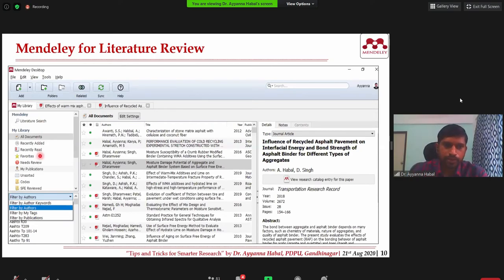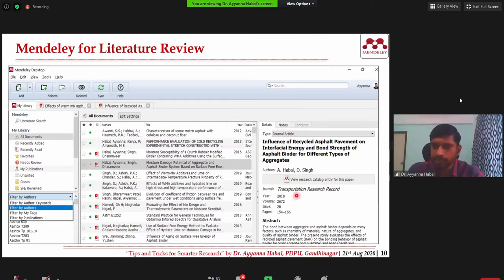And also it will show your publications, and these are the folders where you can categorize your documents. You can add your documents, you can categorize, and whenever we select a document it will show like this. Here you can see whether it is a journal article or thesis. It will automatically collect all this data. It can be customized for later usage. If you find there is a discrepancy in the automatically taken data, we can always change it.